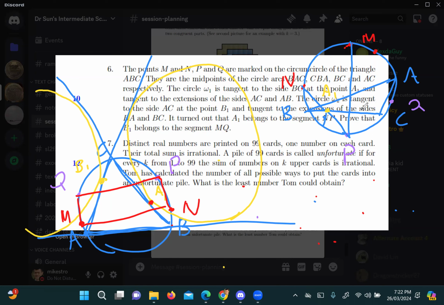And one thing we know about the incircle touch point and the A-excircle touch point is, if we call this point D here, and that point A1, we know that BA1 equals DC, right? So